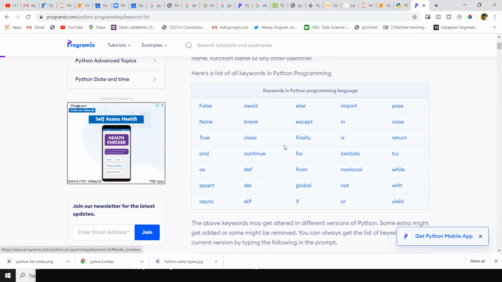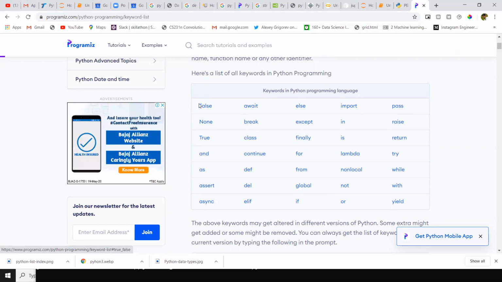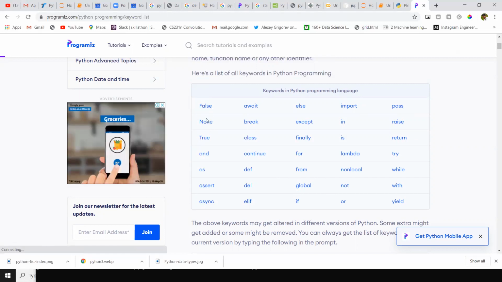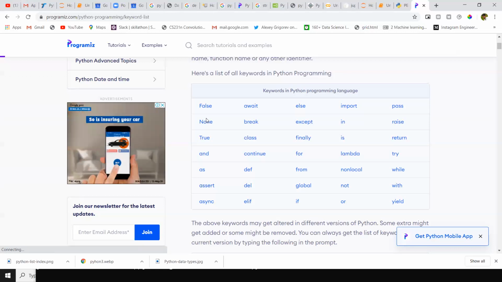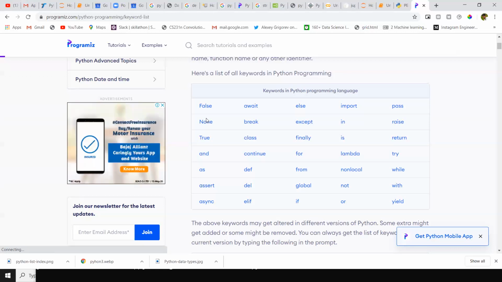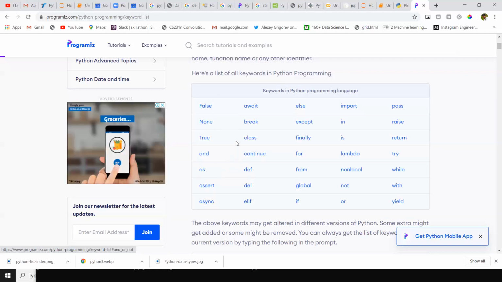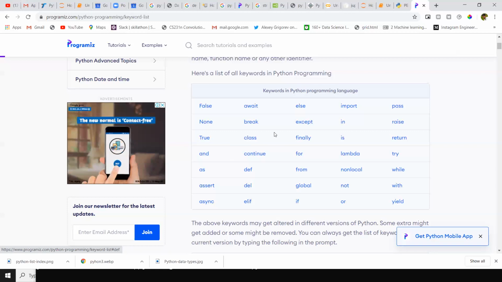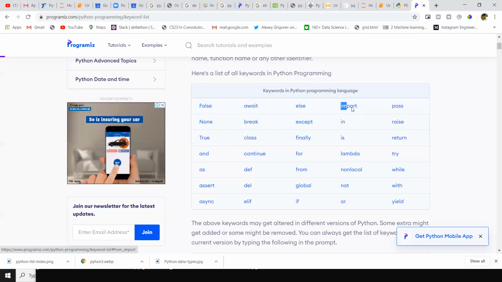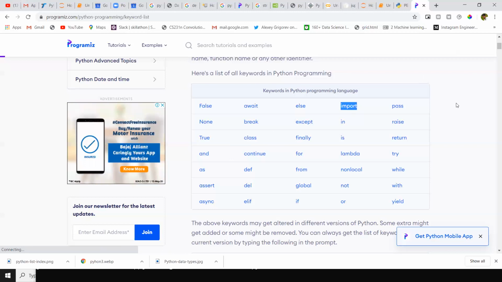These are all predefined keywords. Each keyword has a specific purpose. Each keyword is defined for some specific work. That's why we are not supposed to use these keywords as variable names or anything else. We can't modify the properties of keywords. For example, import is a keyword to import packages or libraries.